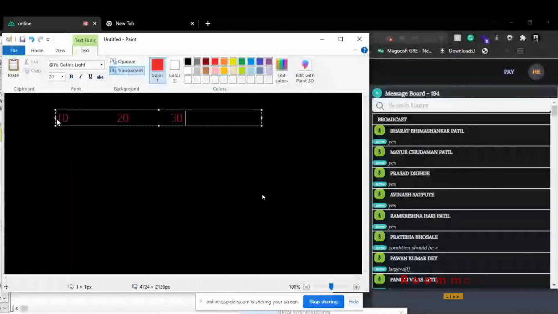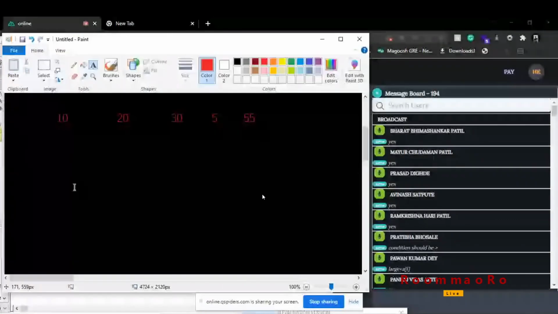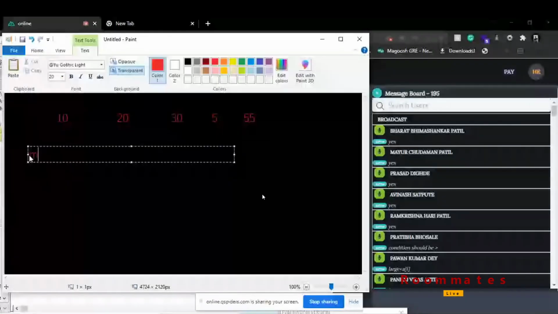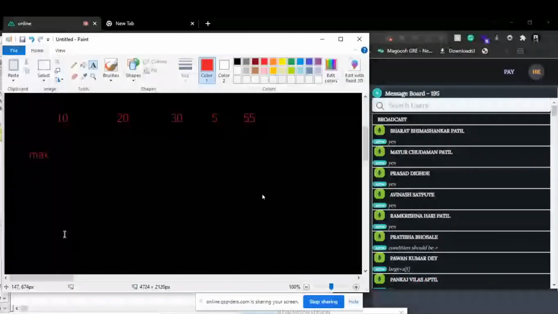Now, array done? Yes, completed. Out of this entire array, one by one you check which one is maximum and you update the value. In the end, you print large and you get the value 55. Are you guys getting it? Everyone who is not able to understand, now trace the code.